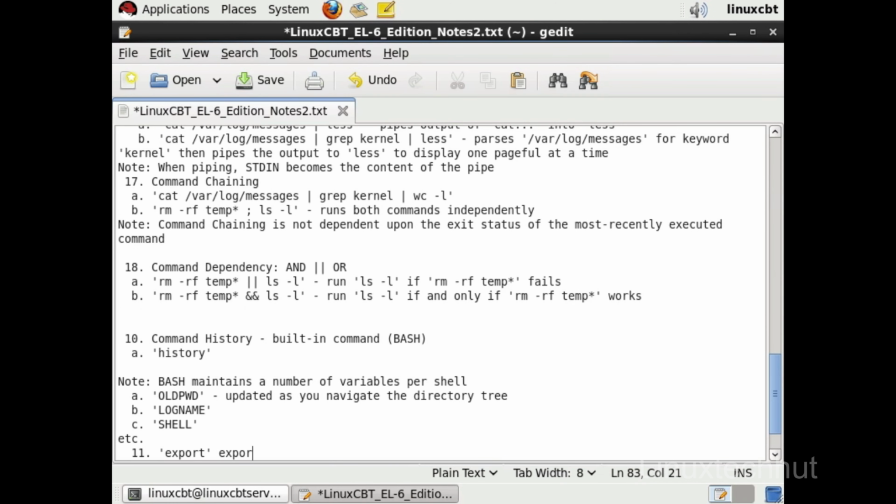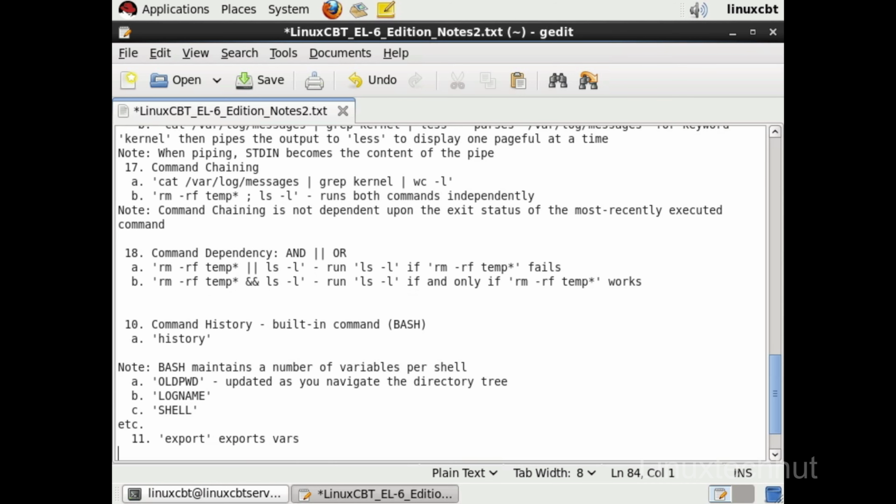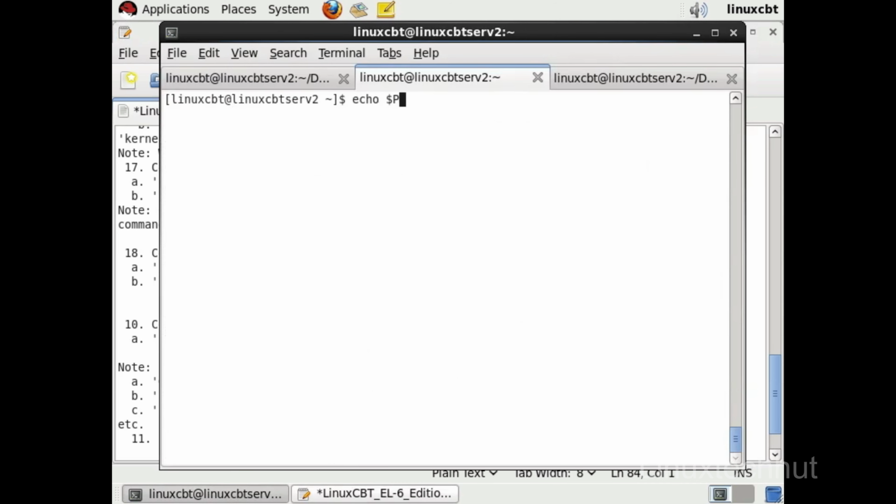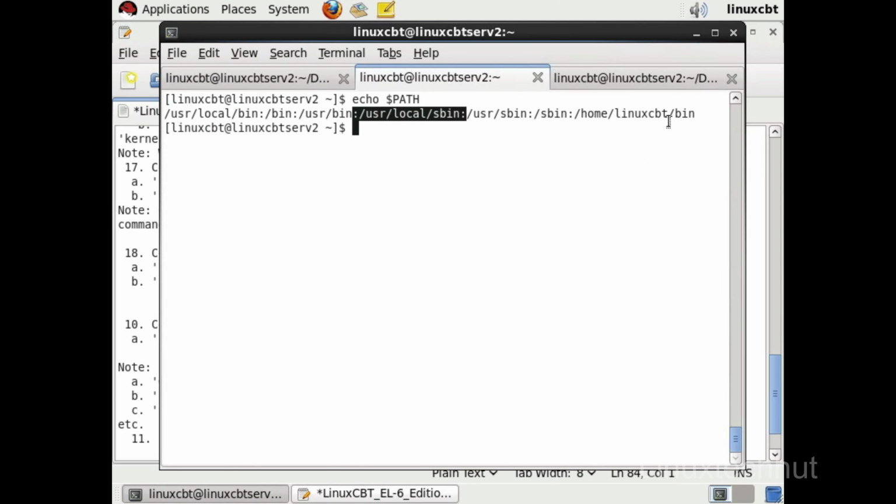Export exports vars. So supposing you wanted to update your path variable, let's echo path. So path contains the following, including home Linux CBT bin. What if we wanted to include, let's say, /temp in the path? Well, we could then export path, setting it equal to the current path, colon as a delimiter, the same format you see here, /temp. Echo the exit status,